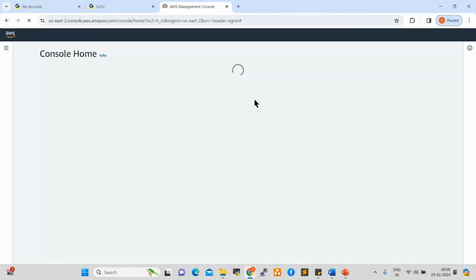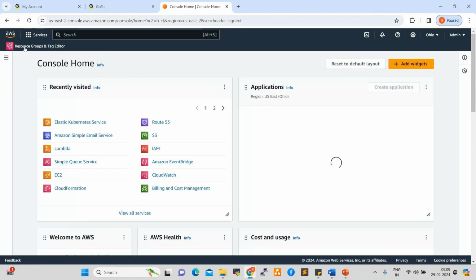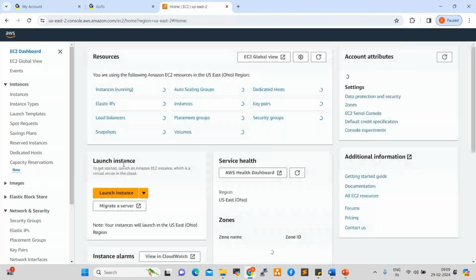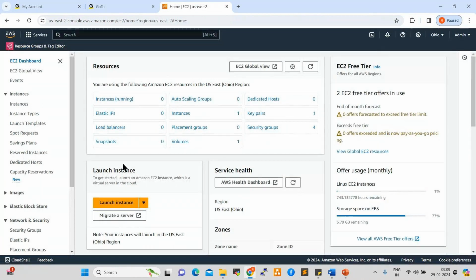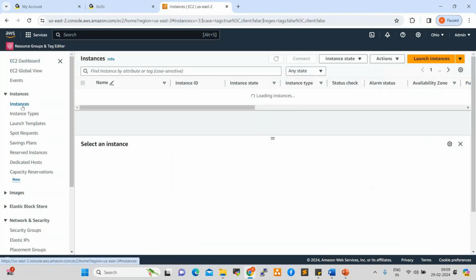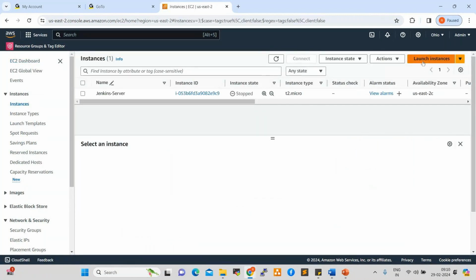Now we can launch instance here. Go to EC2 and launch instance here. So by a single click, we can create n number of servers in AWS. Click on launch instance, right? Give the required configuration, create that. It takes a 1 minute job only, right? So whenever the project team requests, within 1 minute we can provide the servers.